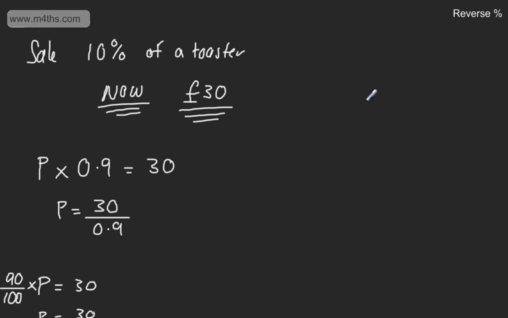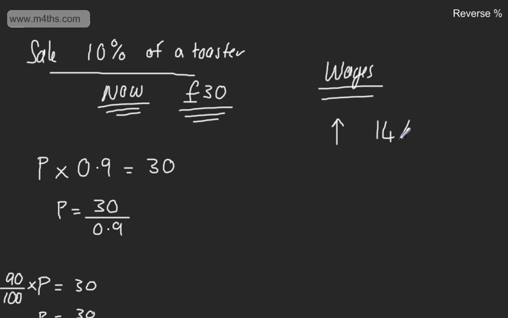So let's go ahead and look at some other examples. This now was where we had a 10% discount. Let's look at some wages. We might have had a wage increase. So I might have had a wage increase of 14%, and I now earn £126.24. What did I earn before? So after a 14% increase in my wages, I earn